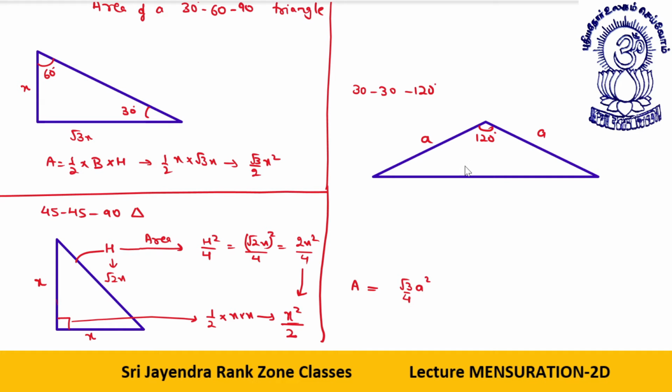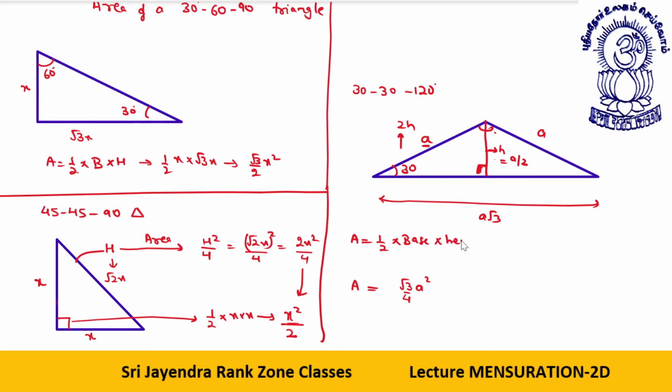How come? See, the side opposite to 120 degree is what? A by root 3. This side is what? A into root 3. Okay. Next thing, if this is 120 degree, what will happen, dear students? This is a 90 degree angle. This is a 30 degree angle. In front of 30 degree, hypotenuse will be double of this. Okay, if this is h, in front of 90 degree it will be 2h. So what I see, this is a, means this will be A by 2.